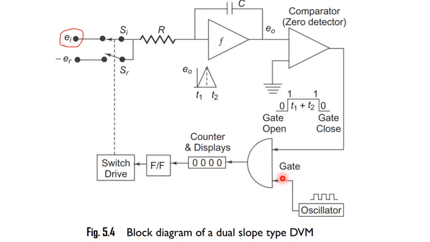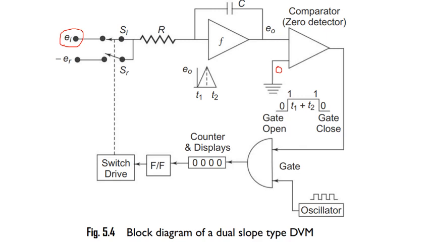Whenever both the inputs of the AND gate are 1, this gate is going to activate. So what we have to do is get a 1 at this gate input. And this comparator will give you 1 here only when you have a positive going signal here. Like this is 0, right?